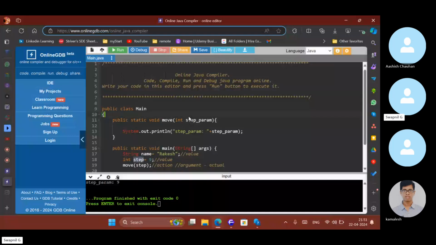No, right. We are not passing the exact value. We are just passing a reference of that.